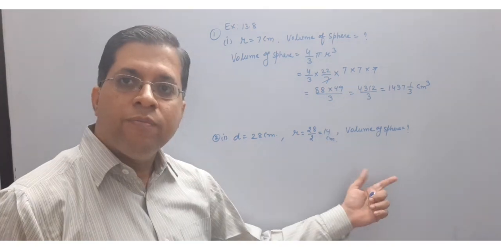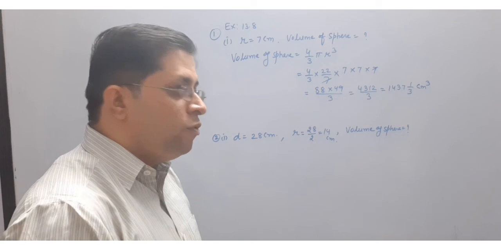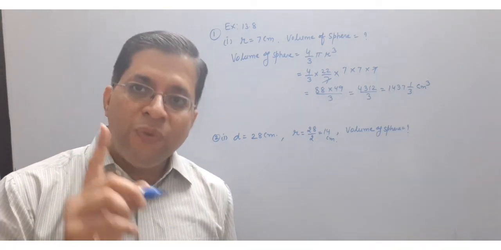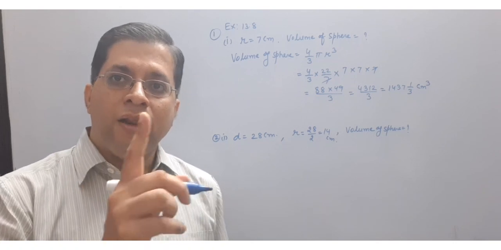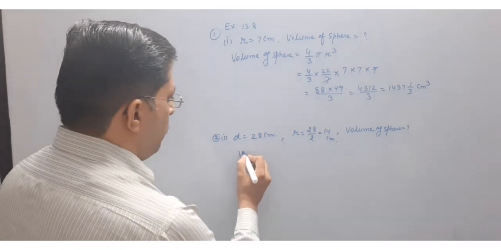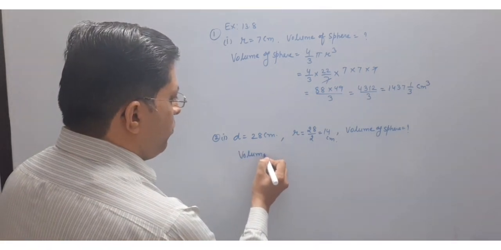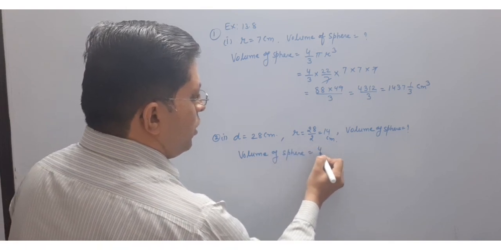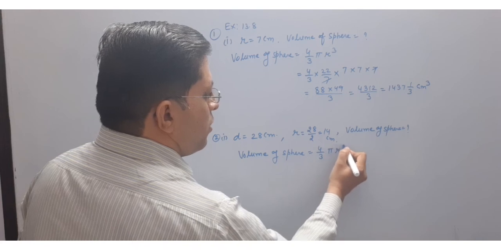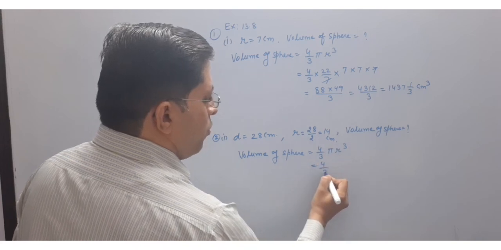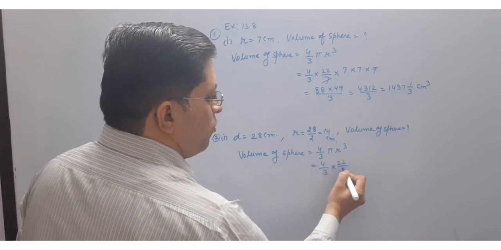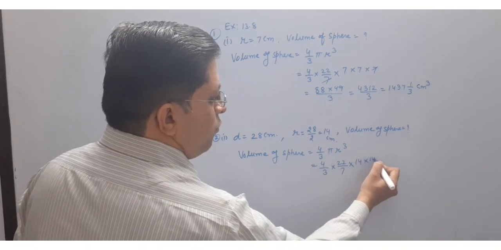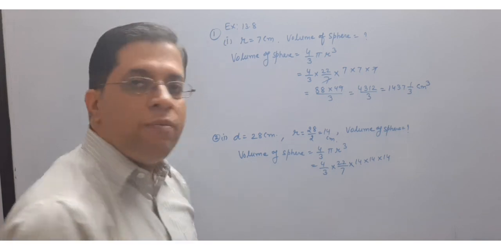What you have to find? Its volume. What is volume of sphere? Volume of sphere is 4 upon 3 pi r cube. Volume of sphere, 4 upon 3 pi r cube. 4 upon 3. What is value of pi? 22 upon 7. R is what? Here 14 into 14 into 14, because cube is,